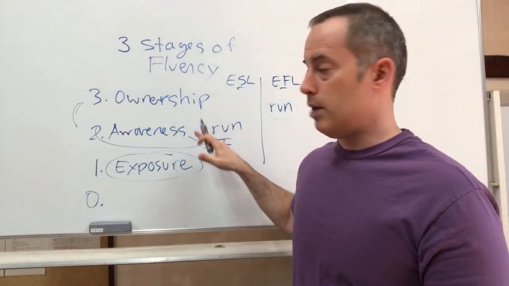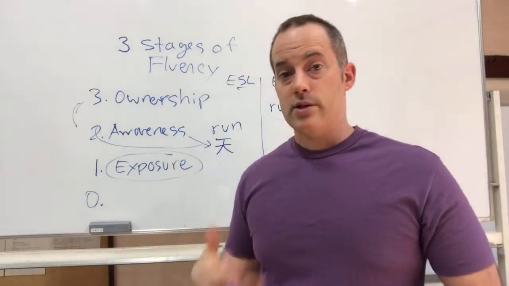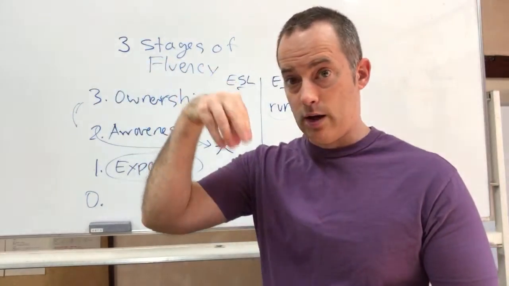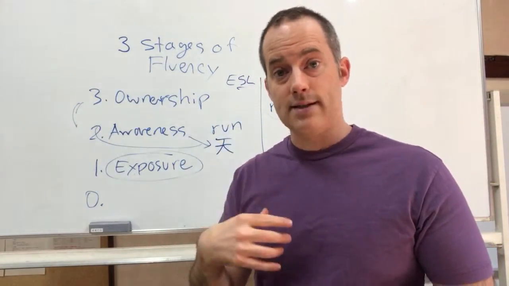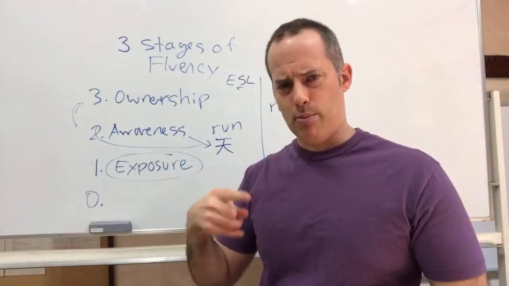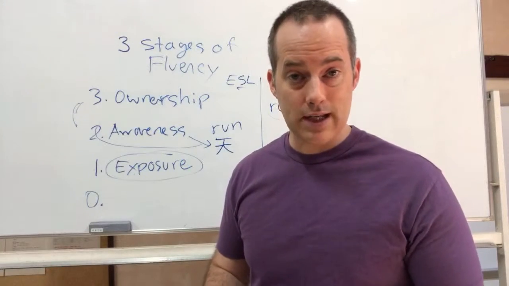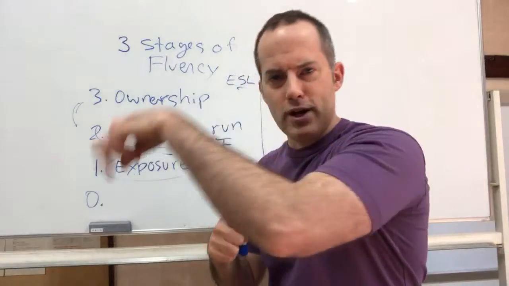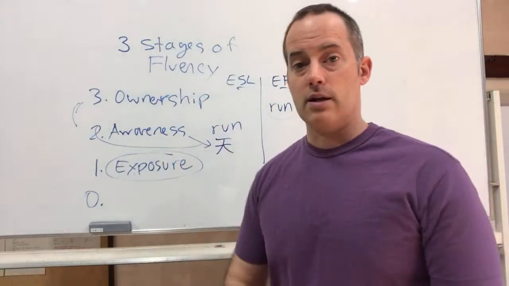But you really get to the ownership level. Run is a simple example, but you get to the ownership level of that when you start getting more examples of run. So you might have water that's running. So if I turn on the faucet in my room and I have water coming through that, and the child hears, oh, the water is running. Or they hear the toilet is running. So the toilet maybe like it's not stopping properly. You flush the toilet and the water continues to flow through it. We say the toilet is running. And so the child thinks, wait a minute, the toilet isn't like, it's not running anywhere. It's not physically going. And so they've broadened and deepened their understanding of the word run.